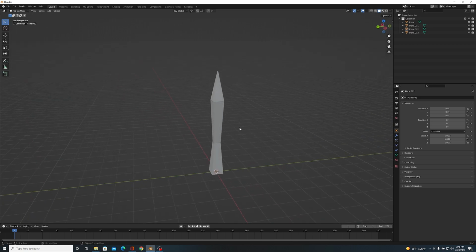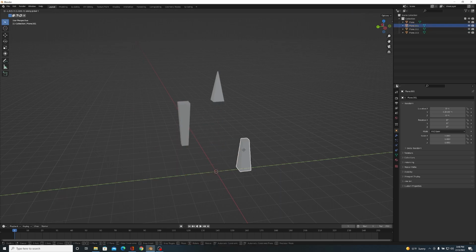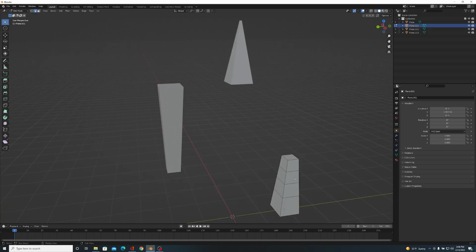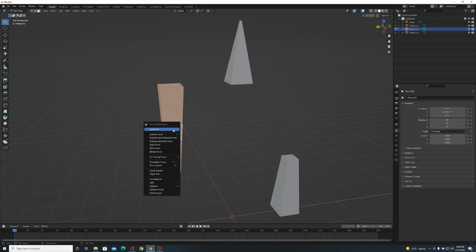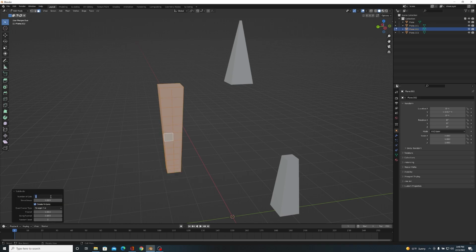All right, so now that we have our 3 pieces of our mesh, we need to get it ready for some modeling to give it some geometric design to it. So first thing we're going to do is select everything, and then we're going to subdivide it. And we're going to give it 2 subdivisions. All right, then we're going to do the same thing here. Boom, A, subdivide, and we're going to get a subdivision of 2. Actually, this one we'll give a subdivision of 3.